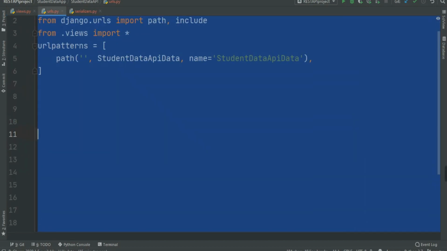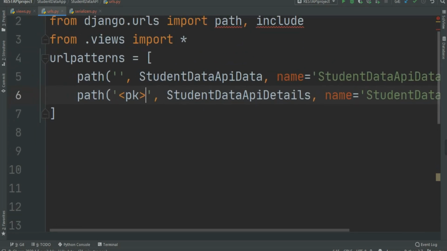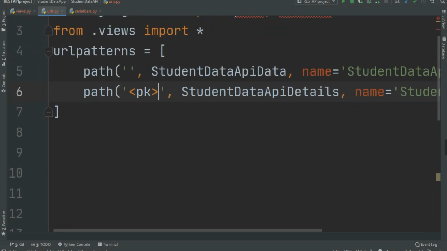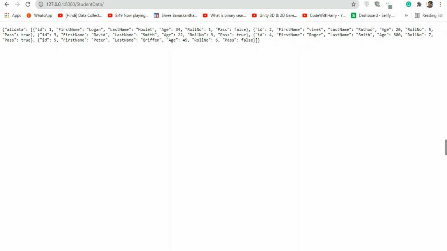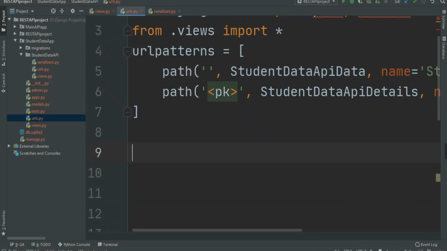Now let's use this student data details and create another URL for this particular object. So just go to the URLs and create another URL. As you can see, I am writing less than, greater than and pk, which is nothing but our variable name, primary key. So wherever the user writes a slash and whatever number, it will be stored in here and passed to our function. Now because we are directly showing our data in the student data, we don't need this right now. We are going to use our API, /API or domain name /student data /API, because we are using API for now. So just go to the URL of the main project.